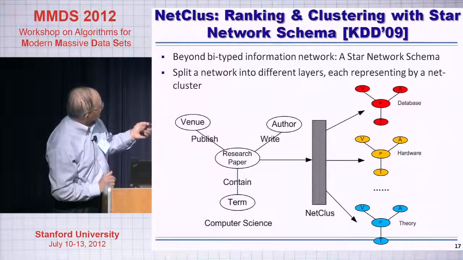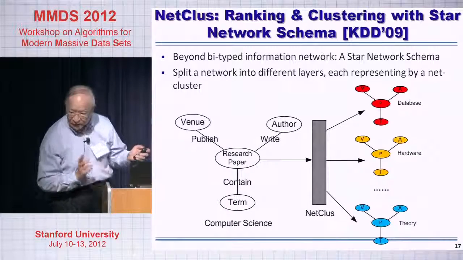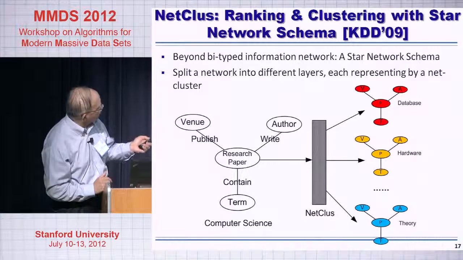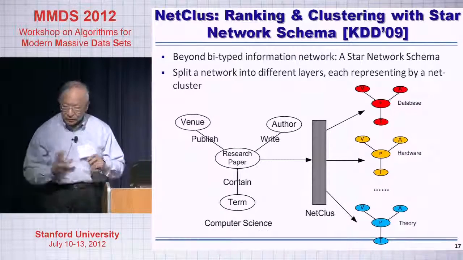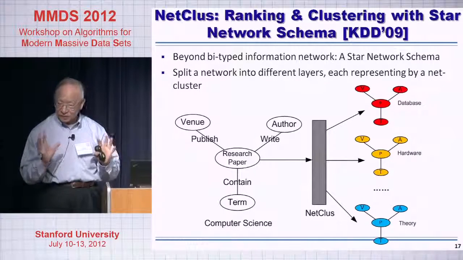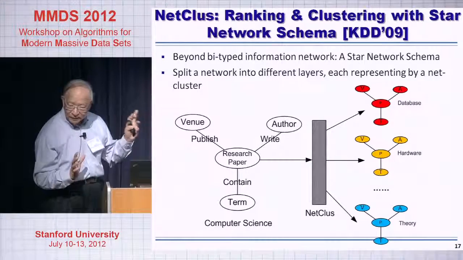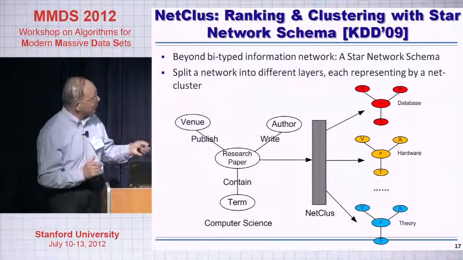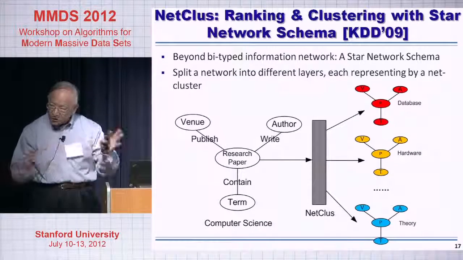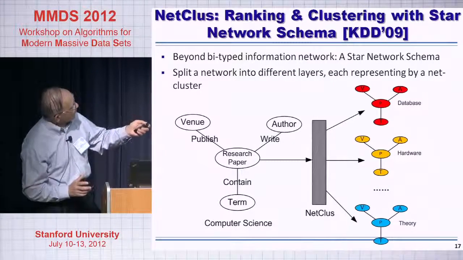Then you look at this. This one is where you introduce term into this paper, link with term, with author, with venue. We call this a star network type schema. From this star schema network, once you do partitioning and ranking and clustering, you actually can see, even you